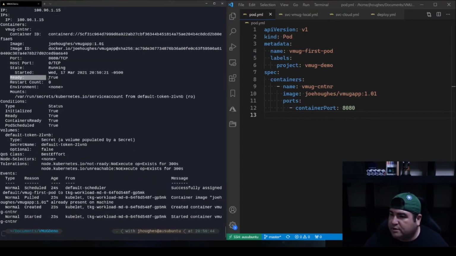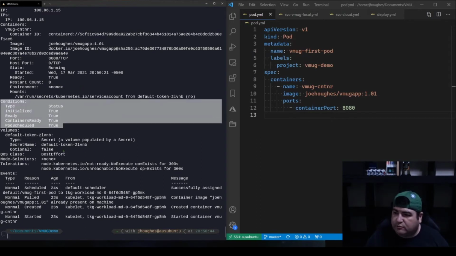But it shows us, is it ready? Yes, state is running, right? The port that it's getting exposed on is 8080 for TCP, right? Restart count of 0. So lots of good information about the conditions of what's going on with this pod